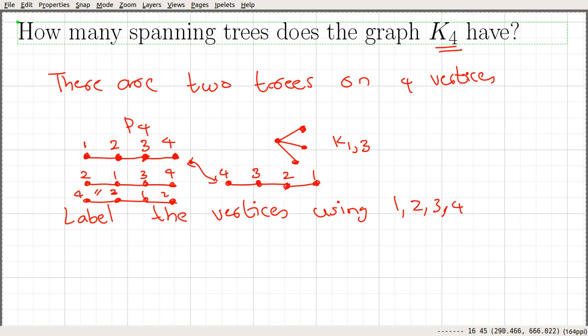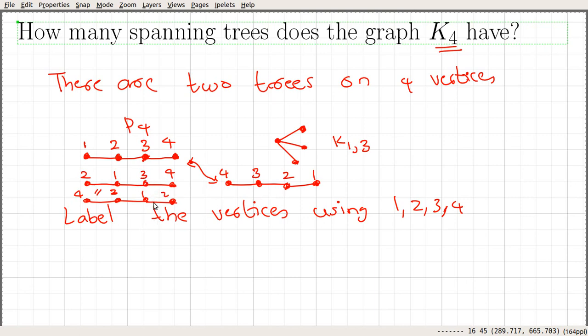The overcounting is by a factor of 2, so we have to divide. That says for 2 orderings there will be one path graph. So you have to divide 24 by 2 to get the number of path graphs, because these kinds of orderings are the same.